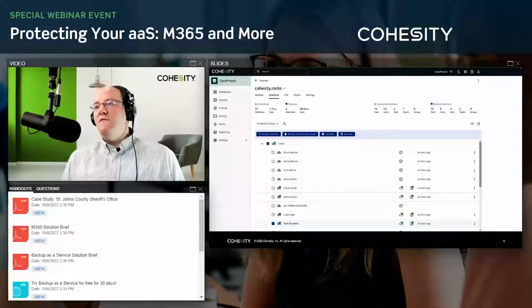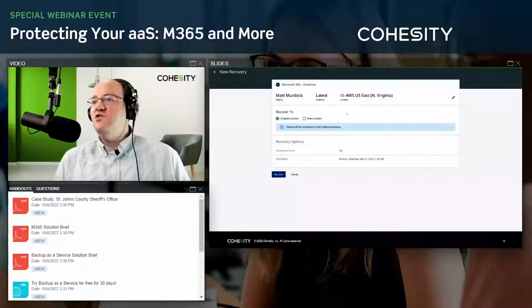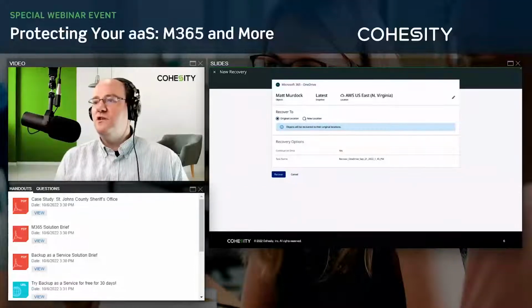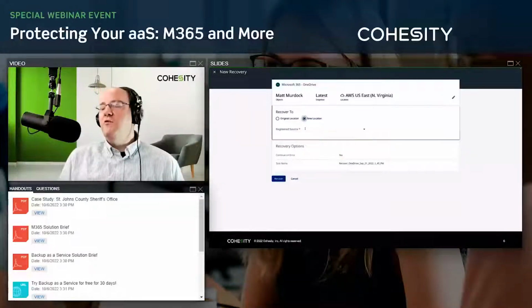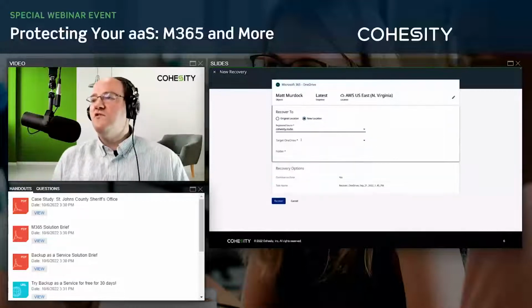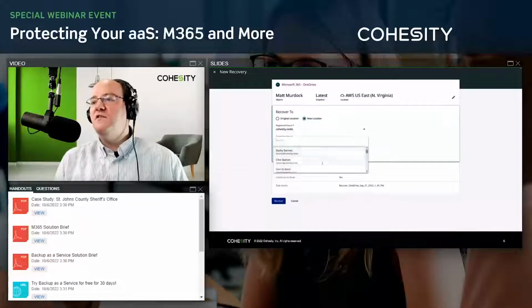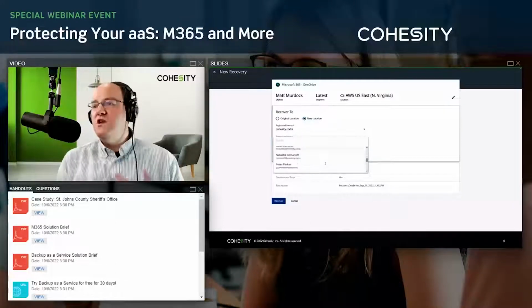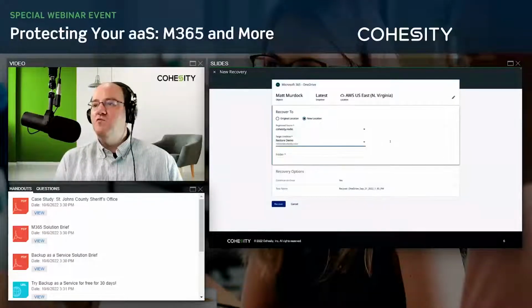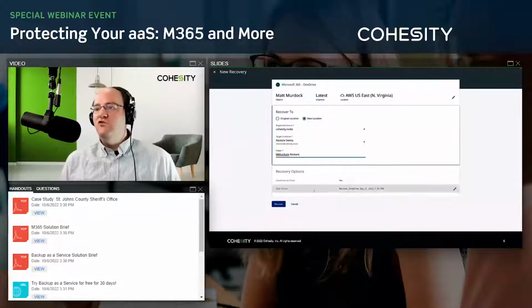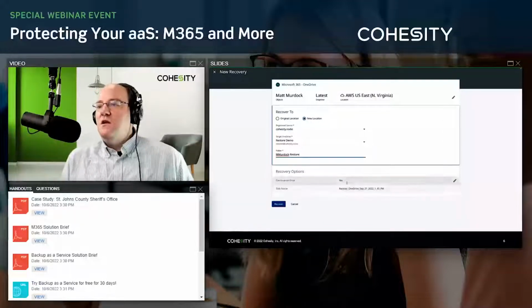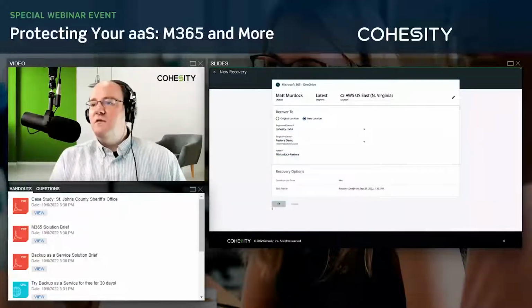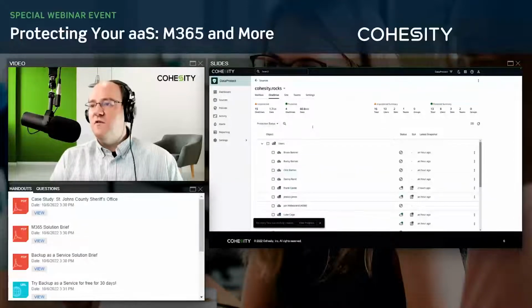And we're going to select, actually in this case, OneDrive, and select the ability to recover certain solutions to a new location. I'm not necessarily going to recover this directly to Matt Murdock's account. I'm going to recover this to another account, in this case called restore demo. Then I need to give it a folder name that I want to utilize to restore this particular OneDrive data. Now I'm going to click on the recover capability, and now we've started the recovery task.